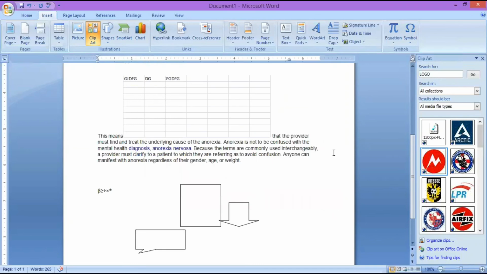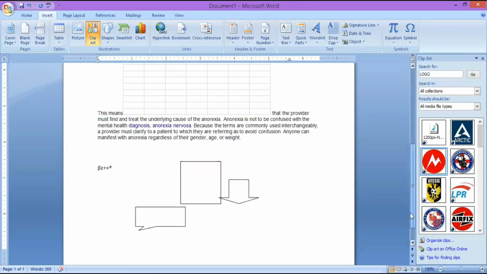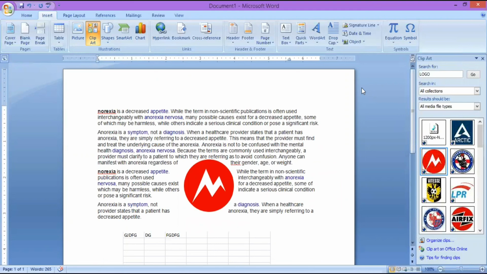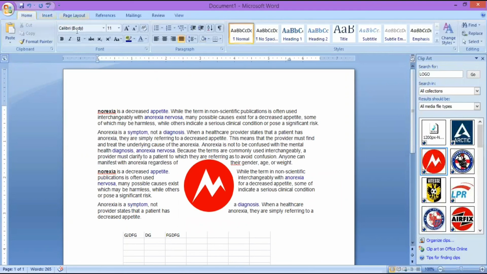Okay, so that's all about this unit 3. So to recap, today we saw how to change the font style, how to change the font size, the grow font, shrink font, how to clear the format, and strike through we saw, and how to insert the subscript and superscript, all these things which we saw.